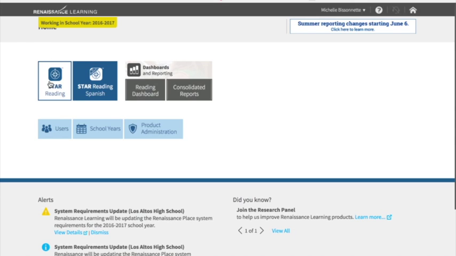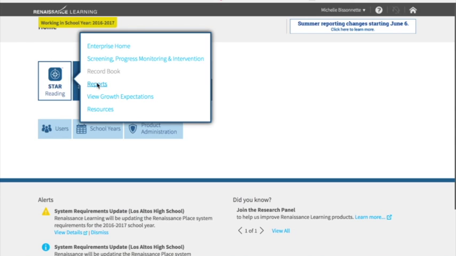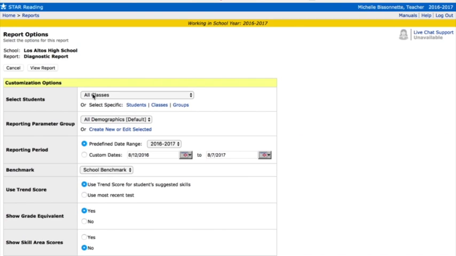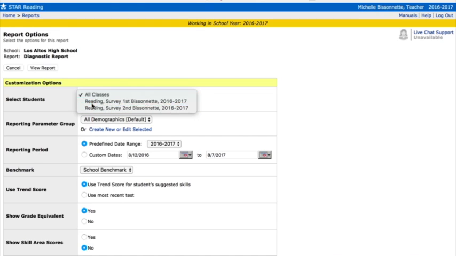And what you're going to click on is Star Reading, and you want to look at reports right here. And there's all these different kinds of reports here, which I won't go into. The one that's going to be most important to you, especially with the pre-assessment, is the diagnostic at the top. So you're going to click on that, and then all your classes should be listed under here. And so you're going to select one,